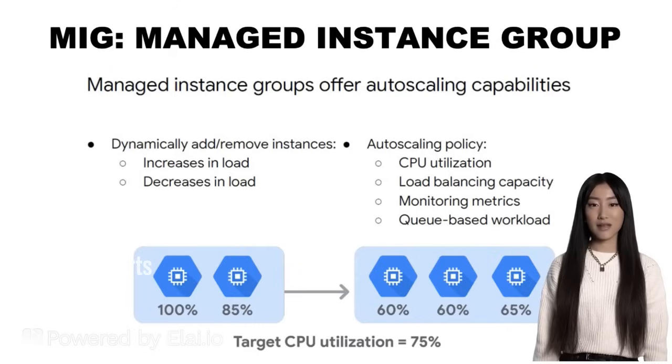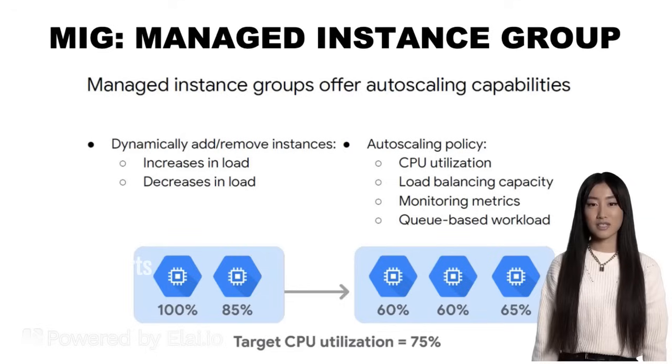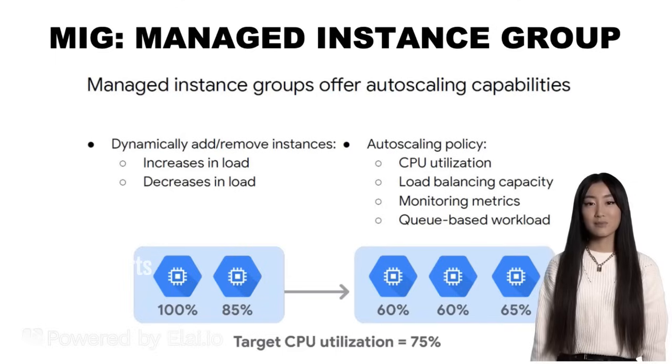As mentioned above, managed instance groups offer auto-scaling capabilities that allow you to automatically add or remove instances from a managed instance group as the load increases or decreases. Auto-scaling helps your applications gracefully handle increased traffic and reduces costs when resource requirements are lower. You just have to define the autoscale criterion, and the autoscaler performs autoscaling based on the measured load. Applicable autoscaling policies include scaling based on CPU usage, load balancing capacity or monitoring metrics, or a queue-based workload such